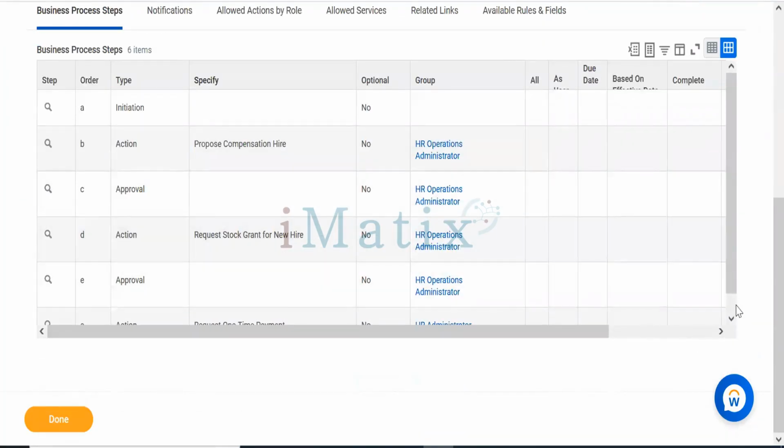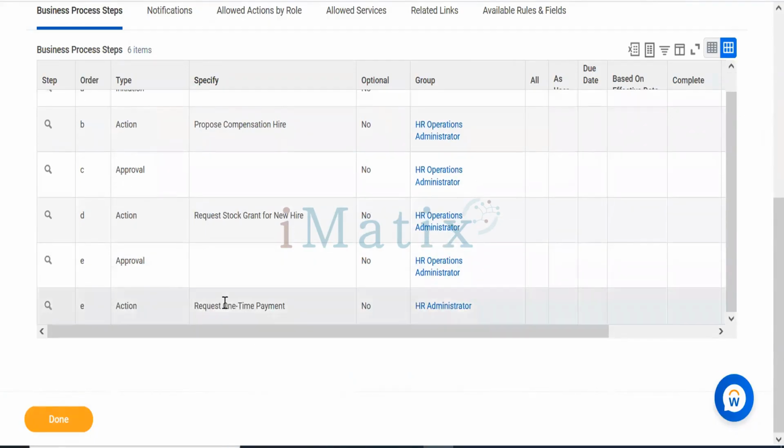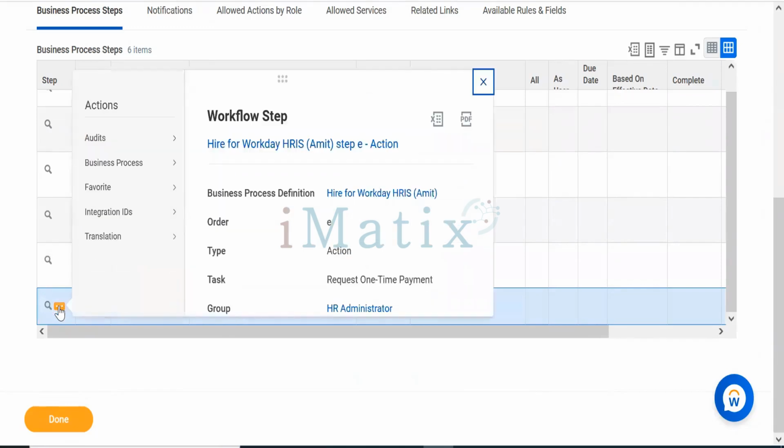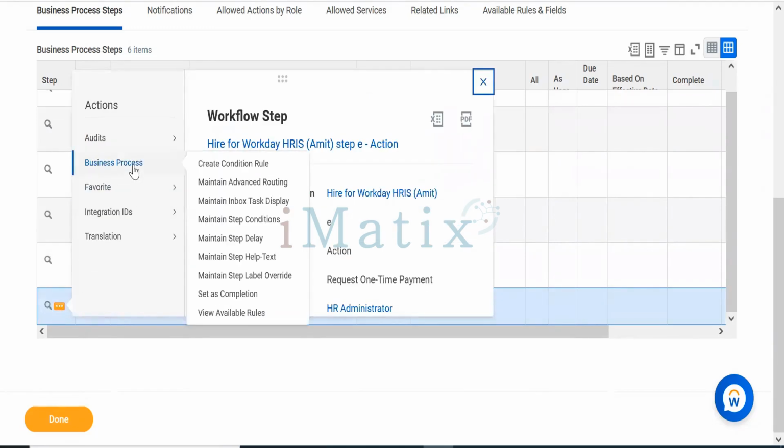Now, what is the step that we've added? We've added one-time payment, right? Now, if you want this one-time payment to be applicable only for certain employees who are full-time employees,